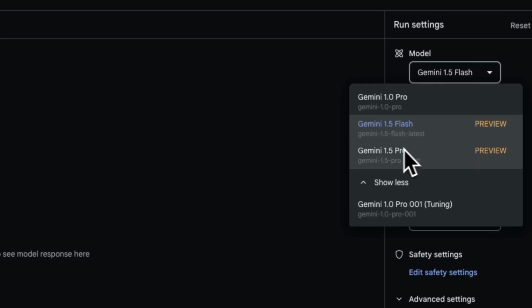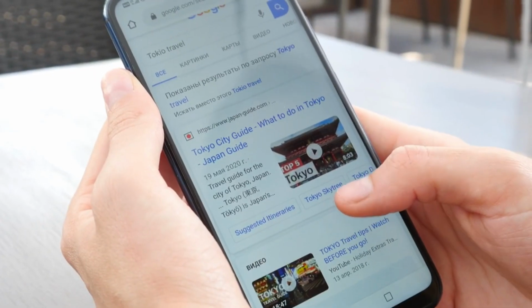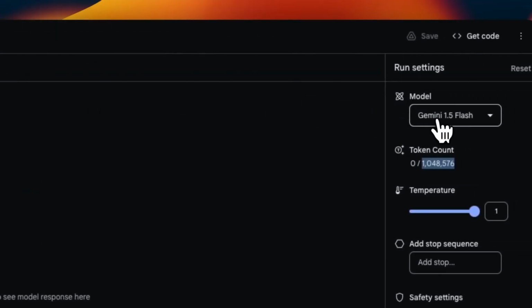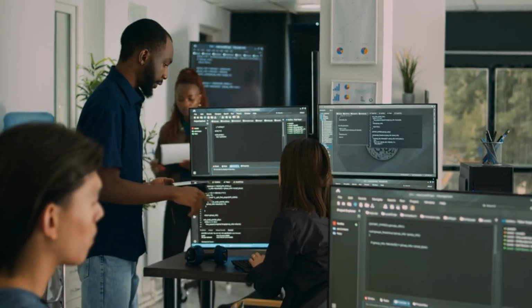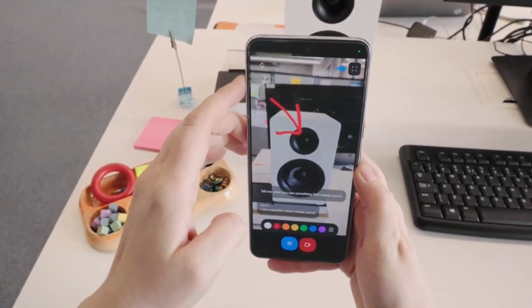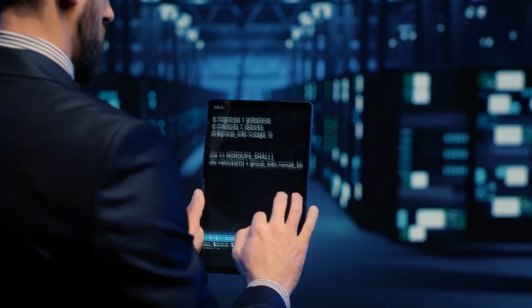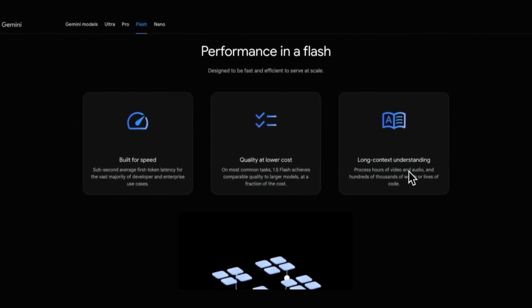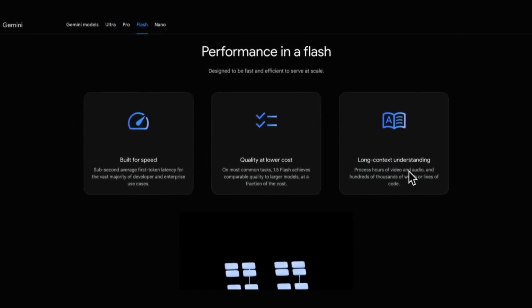The newest addition to the Gemini model family is 1.5 Flash, which is also the fastest Gemini model available in the API. Google's solution is designed to handle large volumes of tasks efficiently and effectively. It is cost-efficient and includes a long context window feature. Although it is a lighter weight model compared to the 1.5 Pro, it has the ability to reason across different modes of information and provides impressive quality despite its smaller size. 1.5 Flash is highly effective in summarization, chat applications, image and video captioning, data extraction from long documents and tables,